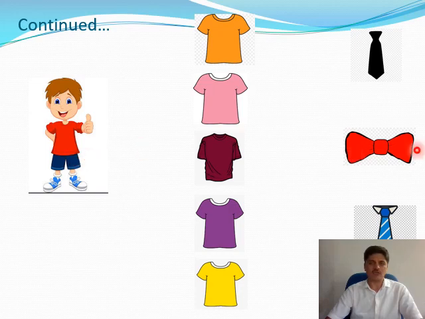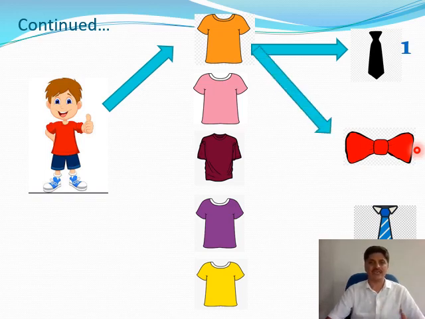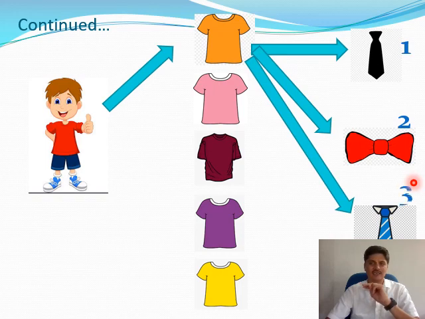He can choose the first shirt and then the black tie. This is option 1. This is one way. And the next way is with the same shirt, he can have a different tie, number 2. Now that is option 2 or way 2, and with the same shirt the next tie, that is 3. So this person with one shirt can have 3 ways of choosing a shirt and a tie.